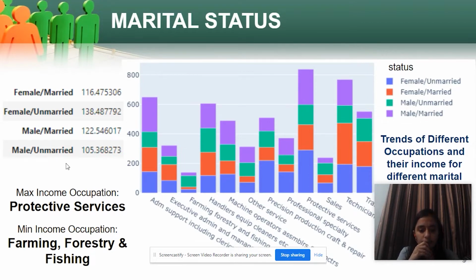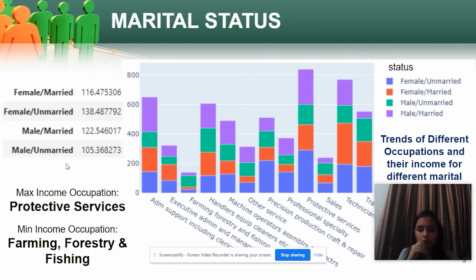After checking if there's a definite change of pay after marriage, we realized that there is no common trend which can be seen across all the occupations. However, we did notice some interesting trends in a few occupations. For example,